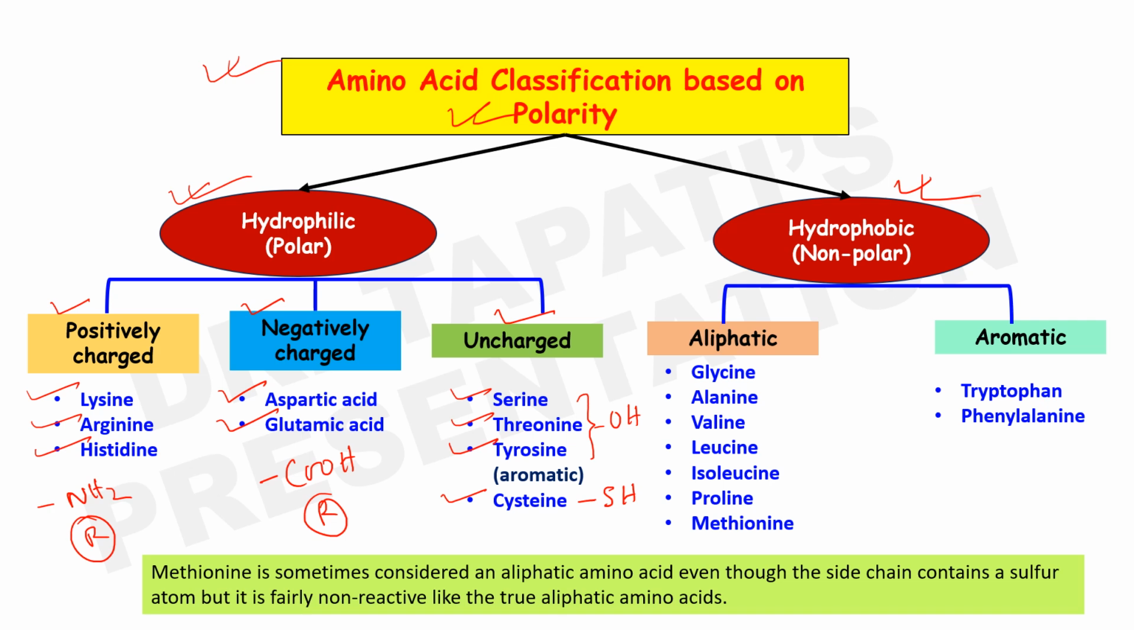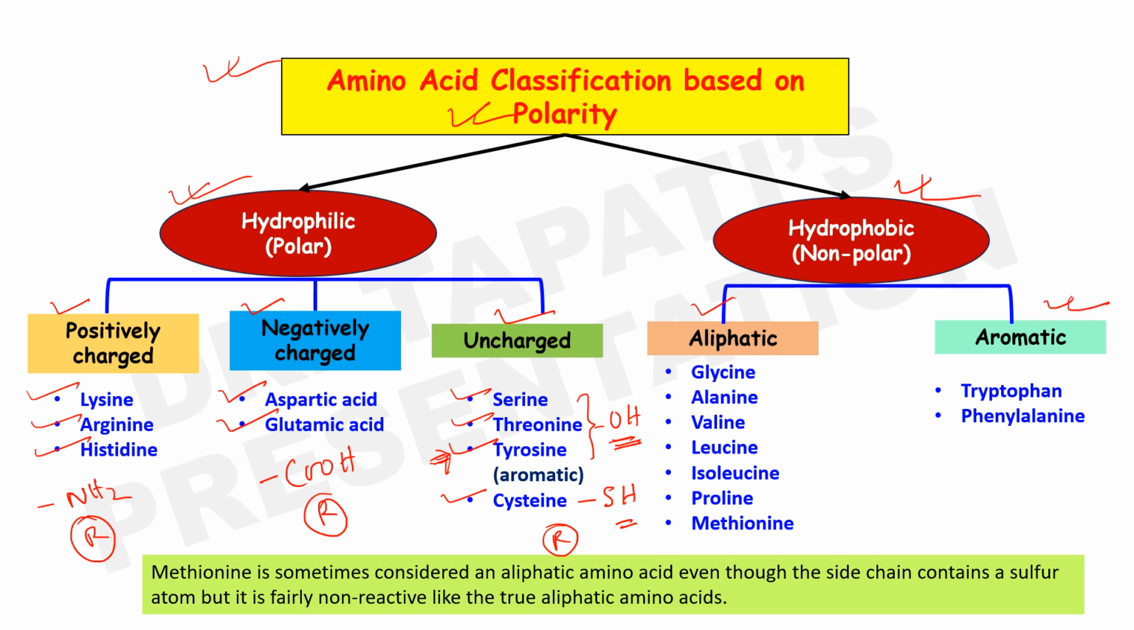So uncharged means they are uncharged, but due to the presence of OH group and SH group in the R group of amino acid, they are acting as hydrophilic or polar amino acids. And another fact is that tyrosine is an aromatic amino acid, but still it has polarity due to the presence of OH group. Now, if you consider hydrophobic or non-polar amino acids, you can categorize them into 2 groups: aliphatic and